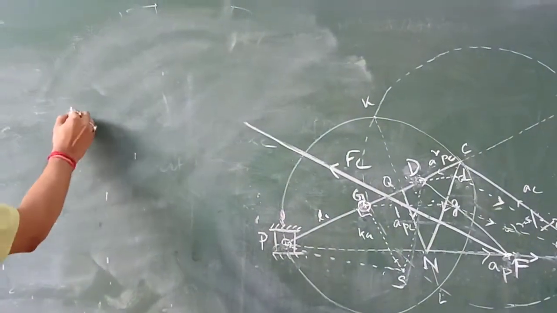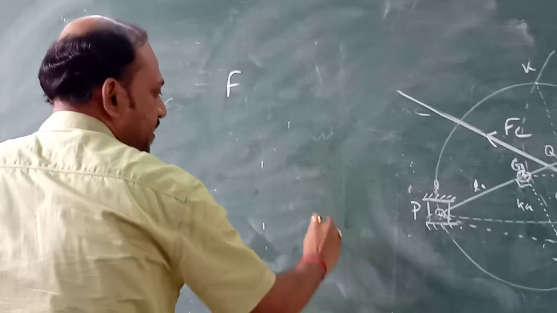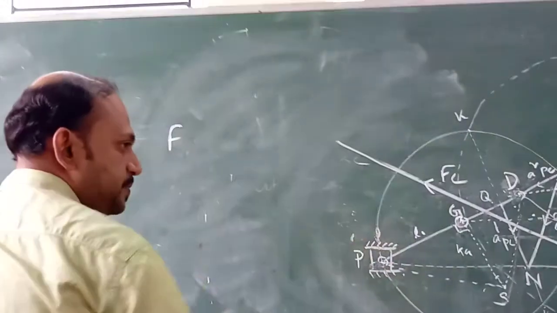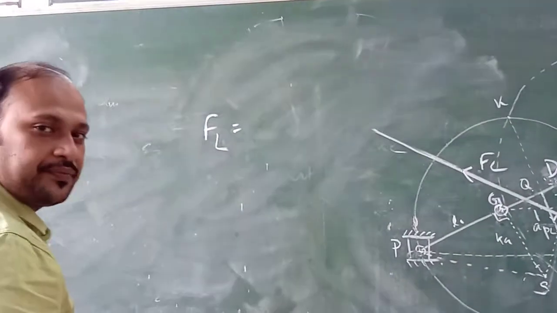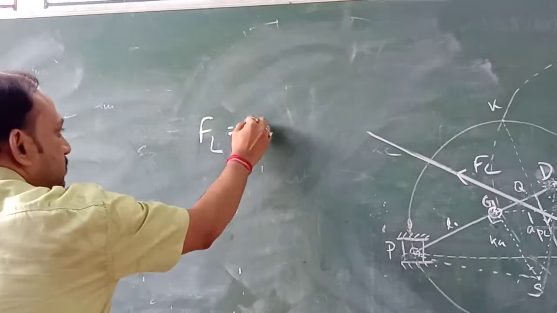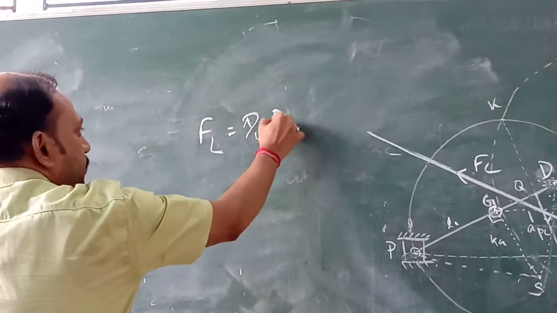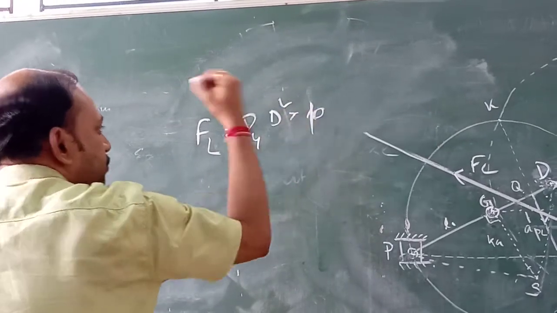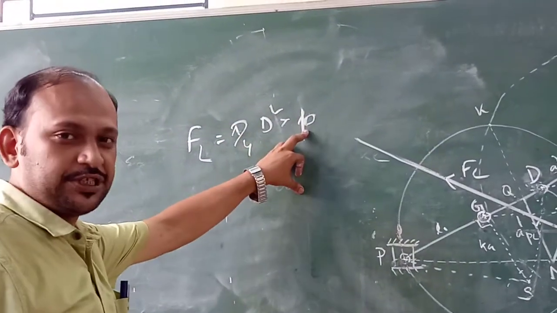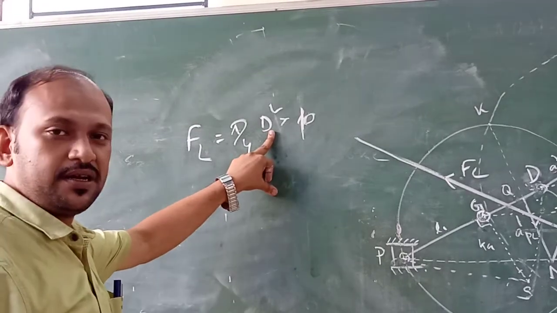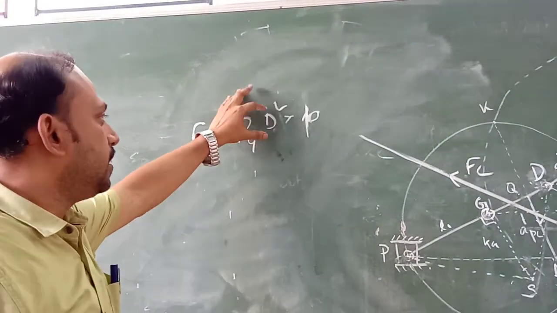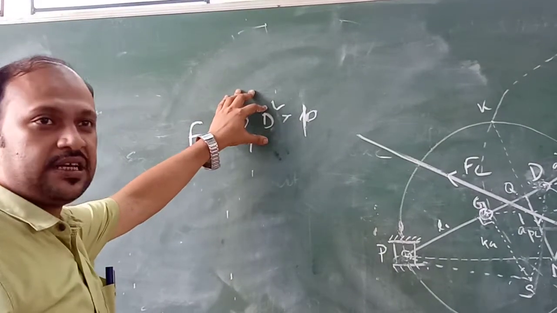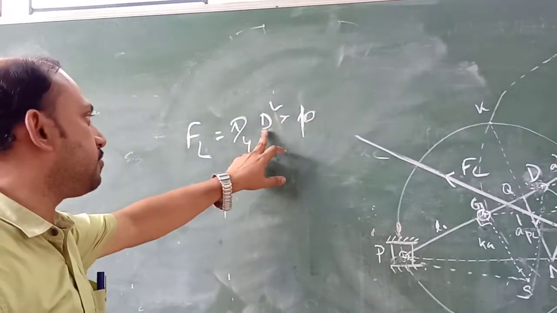Now, along this piston, we know that certain gas pressure is acting. So if I say what is the load on the piston, that load will be equal to pi by 4 D square into P, where P is the gas pressure and D is the diameter of the piston. Now if it is single acting, obviously that will be D. If it is double acting, the expression here will be something different.